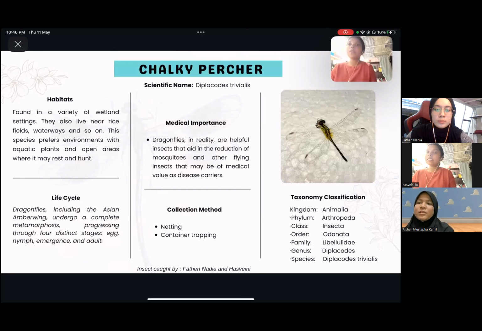the next species is known as the chalky percher, and the scientific name of this species is Diplacodes trivialis. It is found in a variety of wetland settings. They also live near rice fields, waterways, and so on. This species prefers an environment with aquatic plants and open areas where it can rest and hunt. The life cycle, medical importance, and collection methods are all similar to the previous one, the Asian amberwing. And those are the taxonomic classification. Next is